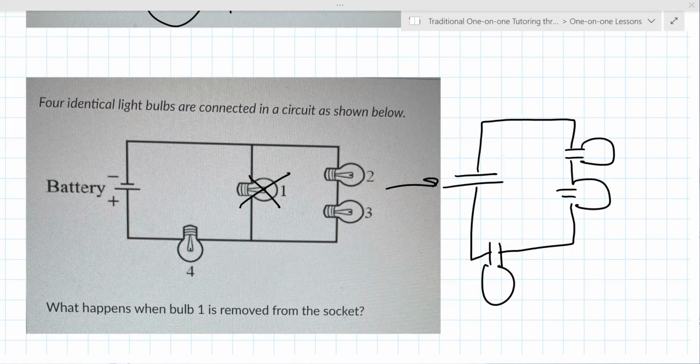Yeah, we're not really given a lot of visuals, so I feel like that's why it's difficult. It's mostly just a presentation and you click through it. You really need a video of this circuit, and then you'd say, oh yeah, you pull it out, and then you would know, oh, those get brighter, or they get